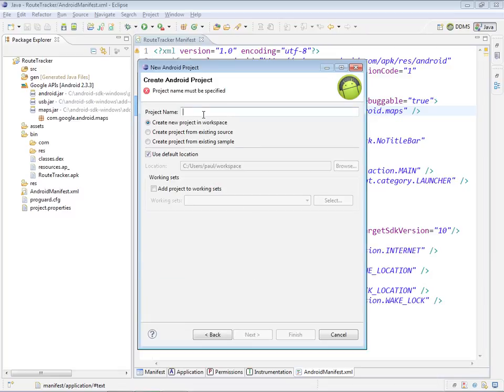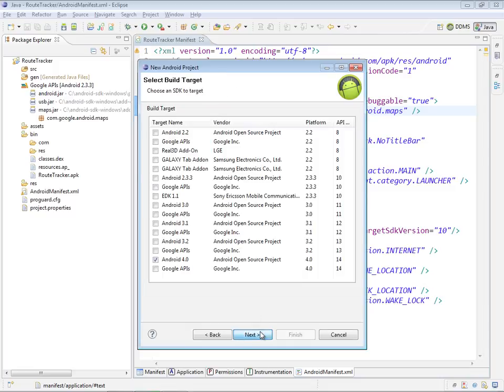You'll give your project a name. I'll call this one Maps Demo for now. Then you'll click Next, and you have to choose a version of the build target that has the Maps APIs as part of it, which would be any of the ones that uses the Google APIs. In our case for this app, we use the Google APIs for platform version 2.3.3, so I would check that off,